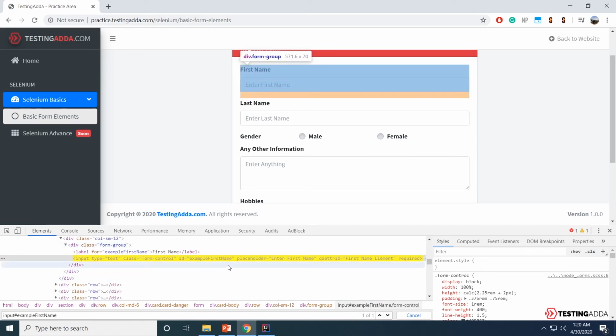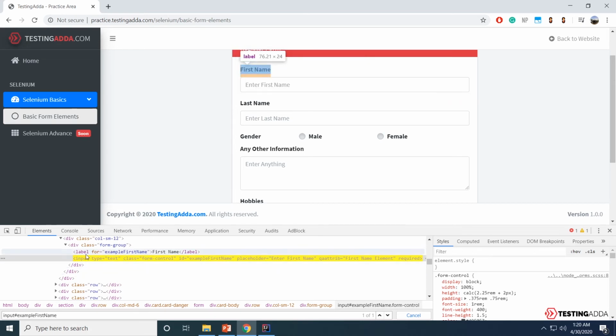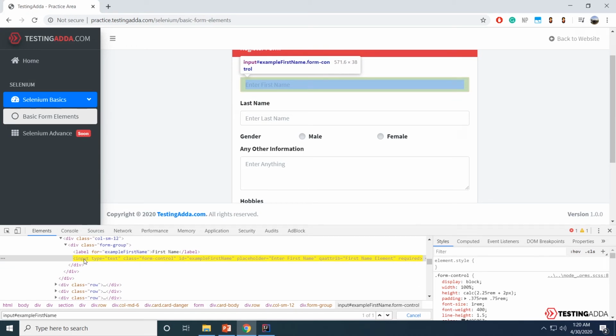There could be one more scenario where I want a combination of input, class and ID. That means I want to find an element that is of type input, has a class name as form control and has an ID example first name.